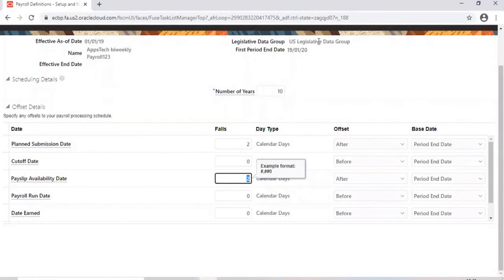For April salary, which I receive on 30th April or 1st May, I will be able to see my payslip only on or after 4th May. So if that is a requirement, you keep that date here: 2 calendar days, or 3, or 4 calendar days after the payroll period end date. That is the payslip availability date for employees to see.